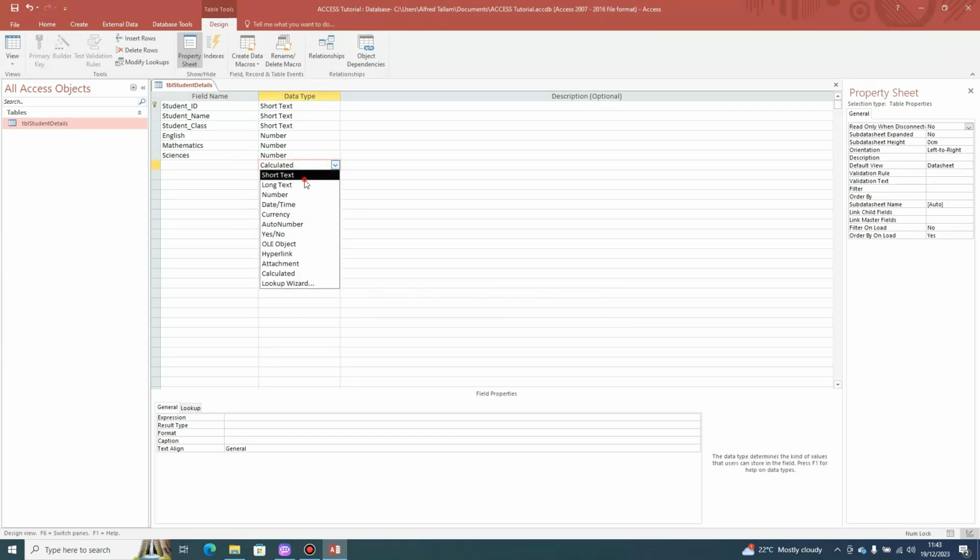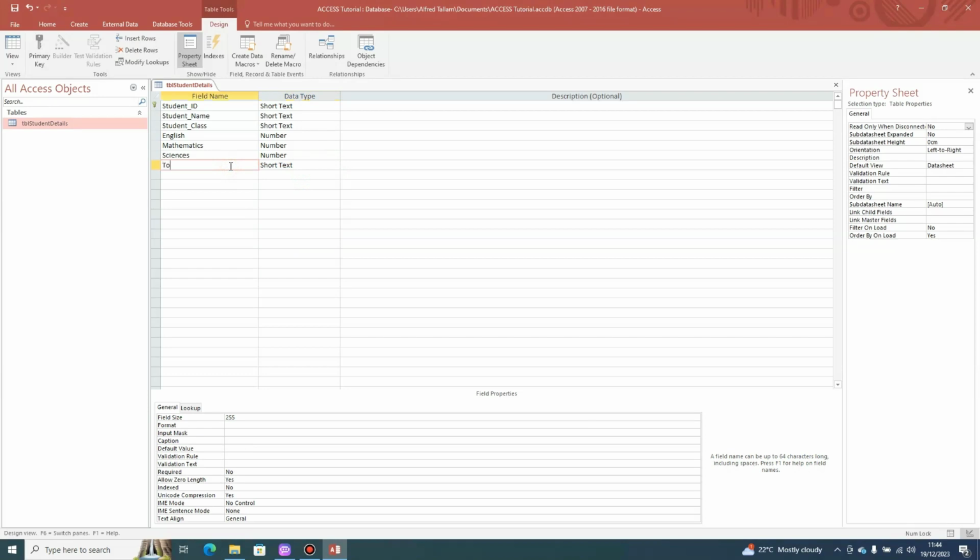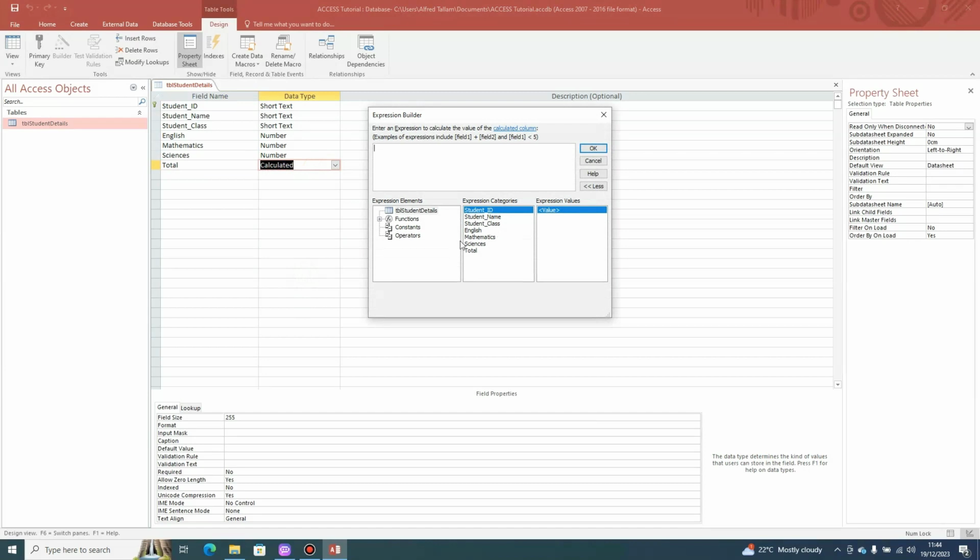Fine, we have not saved this, so what can happen is we leave it now as a short text. Just call it total, then I save it. Once I save it, I will come and bring it here. Initially I had not saved it, so that's why it could not give me the values. But since I've saved it, I will navigate, because the information is in the student details table. So now I will say this is equal